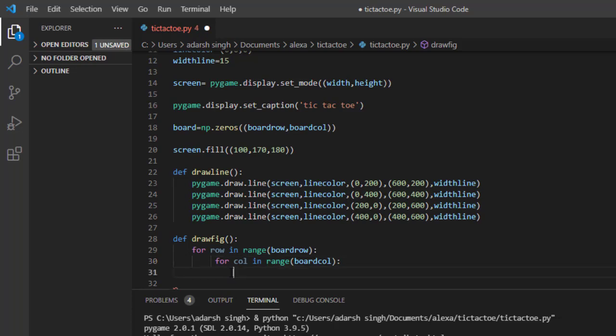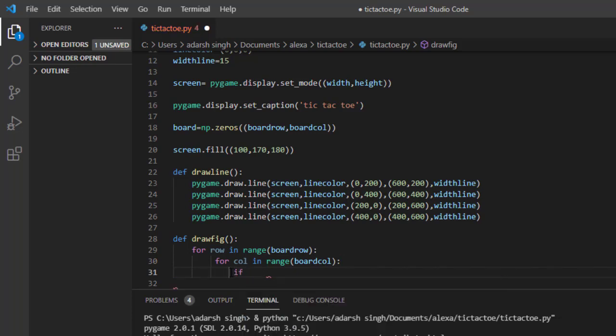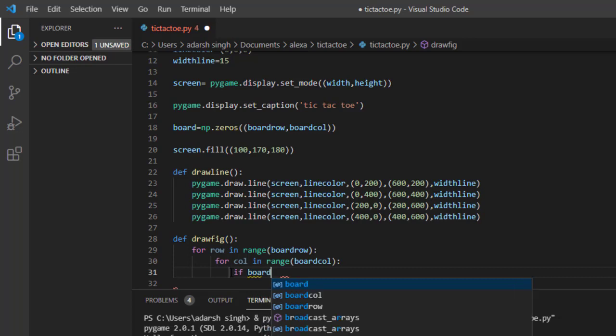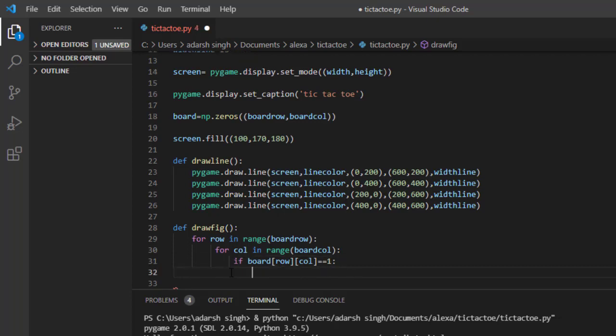if the board row with the brackets and came out to that col which is equal 1. That means player 1. If player 1 will click anywhere, then pygame.draw.circle,